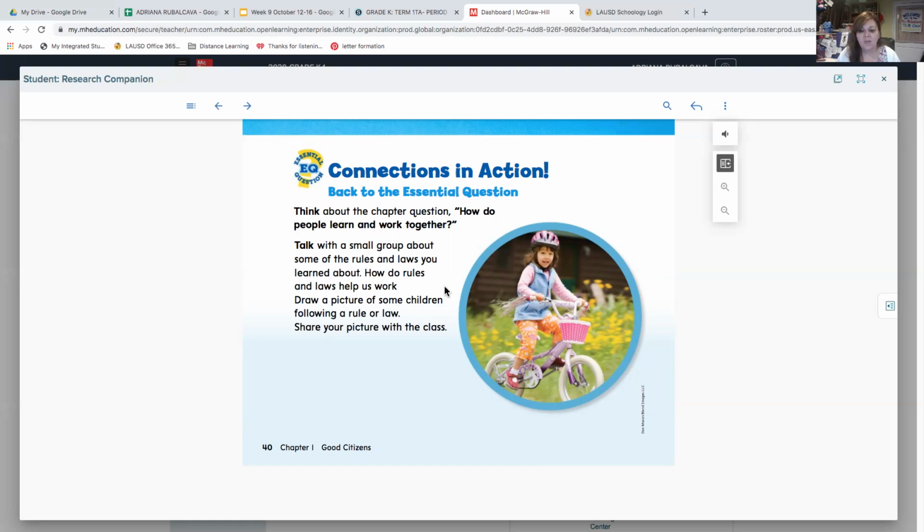I want you to think about it and say, I will practice to be a good citizen by, what will you do? Okay? You don't have to write or draw anything. All you have to do is think about what you're going to do, share with us on the discussion, and do it for the rest of the week or do it every day. But I want you to focus on that this week. What will you do to be a better citizen, a good citizen? Okay? I can't wait to hear what you're going to do.